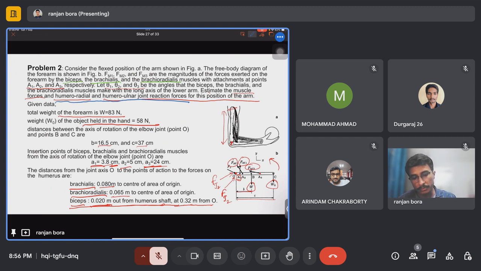So first I will calculate the humeroradial joint reaction force, and in the radius there are two muscles attached: one is this brachioradialis, and one is the biceps. The brachialis muscle is attached to the ulnar bone,